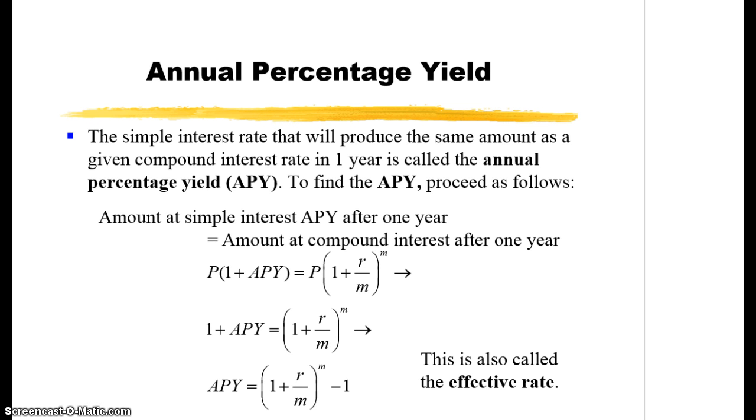Okay, well, the last concept in this section is that of annual percentage yield. The simple interest rate that will produce the same amount as a given compound interest rate in 1 year is what we call the annual percentage yield, APY. To find the APY, we proceed as follows. The amount at simple interest APY after 1 year is the same as the amount at compound interest after 1